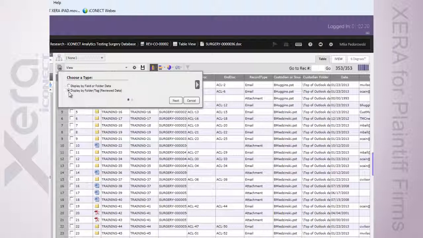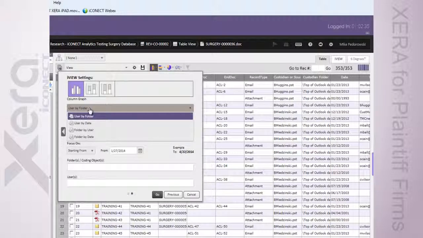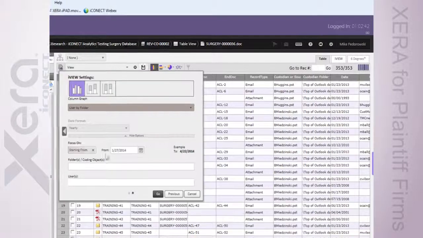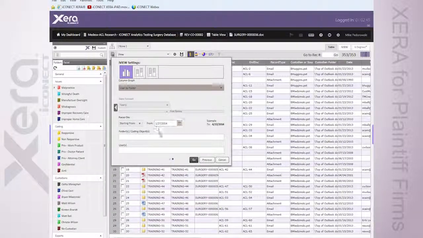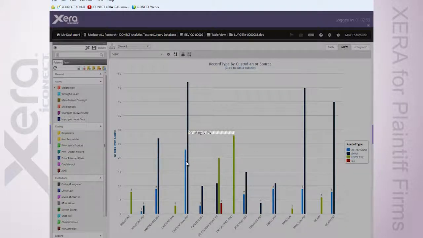Using iView, I'm going to simply select the ability to display by folder or tag, my review designations, my review data. Swipe on over. Again, I'm going to keep this as a vertical chart. And if we were to come in here and take a look at my users reviewing based off of folders, I'm going to expand out my hide options so we can see and roll my date back to the beginning of this particular project. You can focus on specific folders or users or coding designations, etc. I'm just going to run this as a basic user by folder. It's going to generate up my chart, and as you can see here,